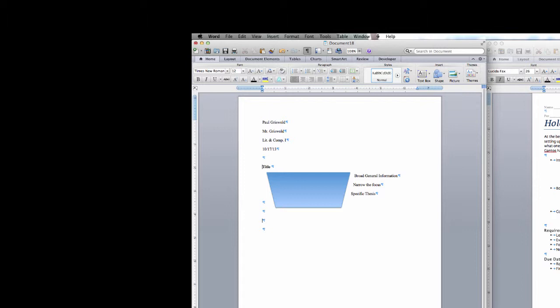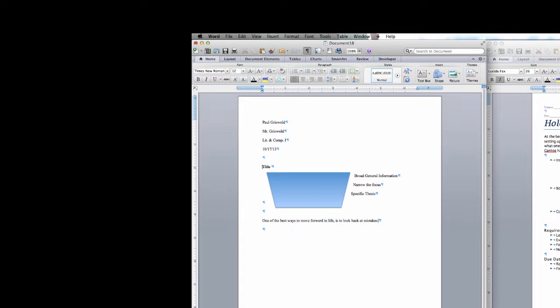So I want to start with a broad general statement, something along the lines of, one of the best ways to move forward in life is to look back at mistakes. It's something that doesn't give away what my essay is going to be about, but maybe states a general theme, right? Learning from mistakes. That's a theme that is all around us.